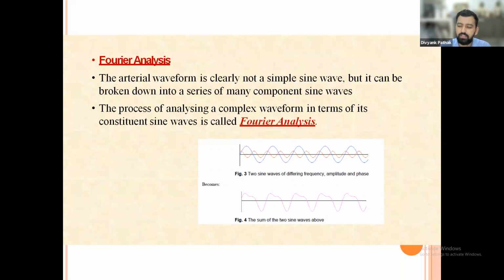There are many reverberations in the body also, because when the blood flows forward, it strikes the branches of the arteries. The waves come back, so there are multiple waves. There is a summation of multiple waves, and the summation causes a specific kind of wave, which we see on the monitor. That is called a peculiar arterial wave. The basis is Fourier analysis, which the transducer and microprocessor do for us.